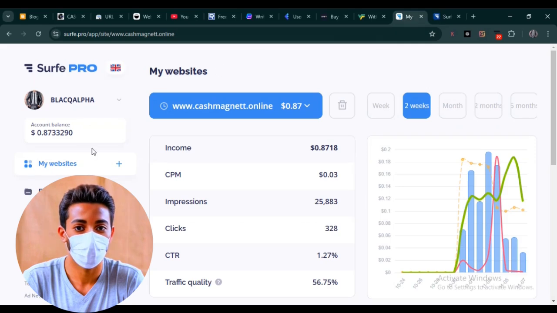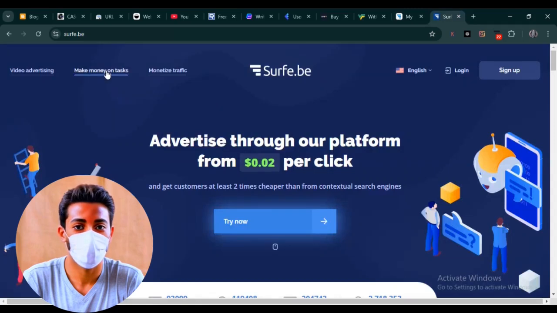So as you can see, I've made 0.83 cents here. My nickname is here, Black Alpha. My website is here, Cash Magnet Online. You can also go to my website to learn how to make money online. Okay, but that's not the reason why we are here today. We are here to make money on tasks. So if I click on make money on tasks,